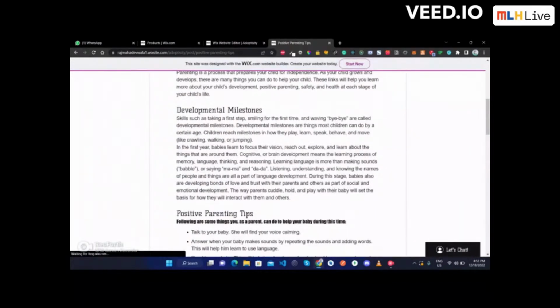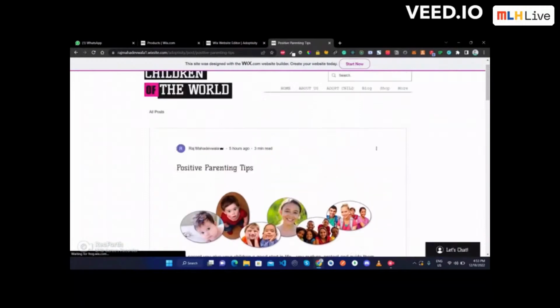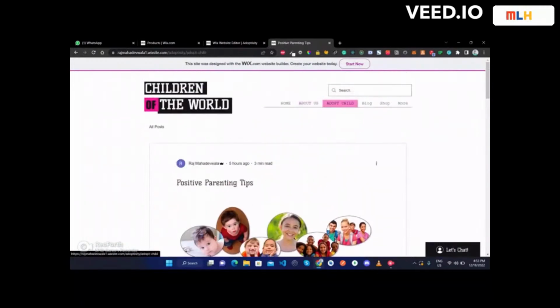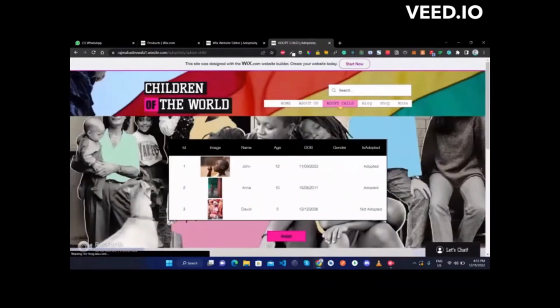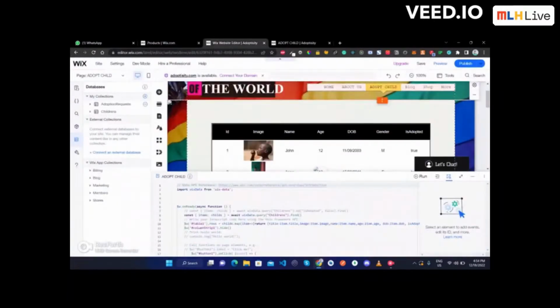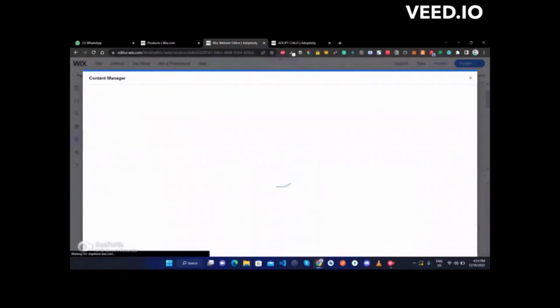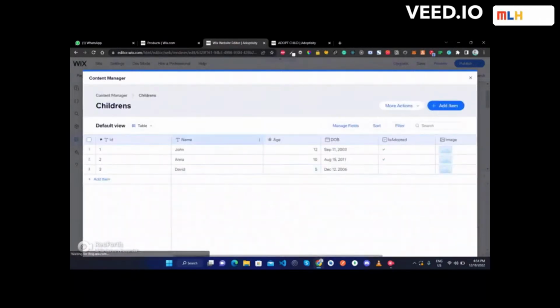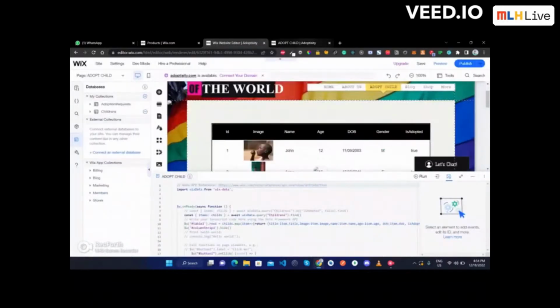We have used Wix HTTP functions for managing the kids' content. Here's our child adoption feature where parents can look up the adoption of a child. We have a bunch of data for children which can be added from the admin side onto the Wix data collection where we are managing child data. Admin can add children's data from here